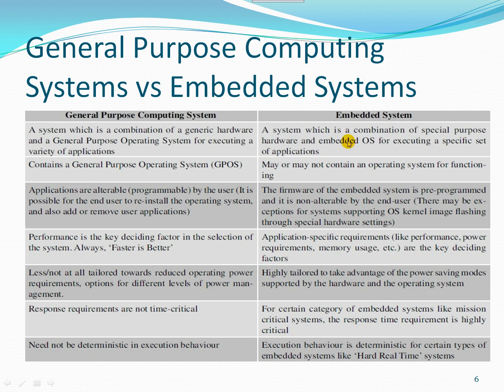So here we will have a combination of special purpose hardware and special purpose software. A set of applications is also available in an embedded system. Also, general purpose computing has a general purpose operating system, and an embedded system may or may not have a real-time operating system, because whenever we go for a small embedded system, we may not require an RTOS itself,